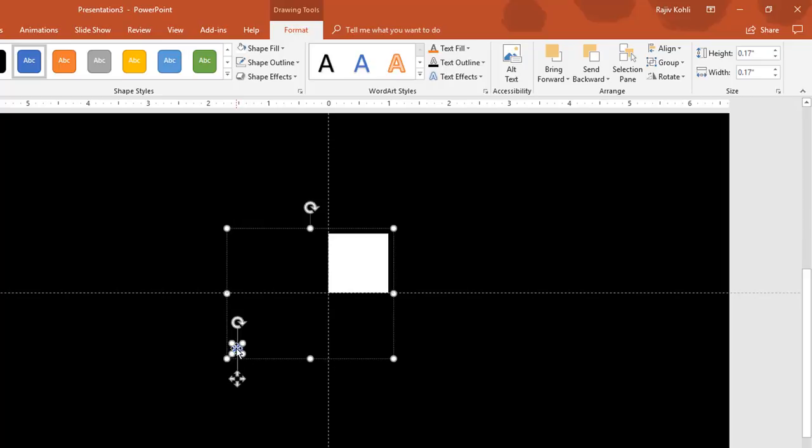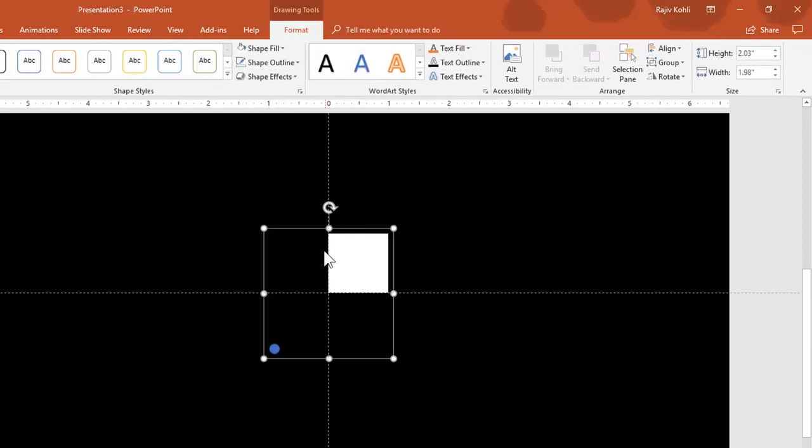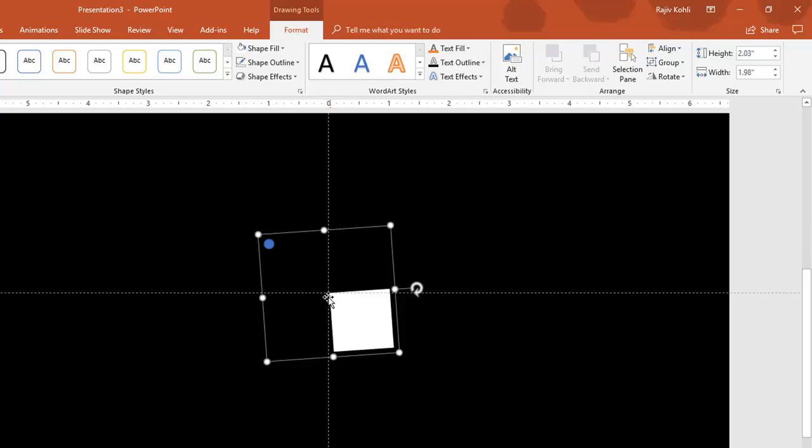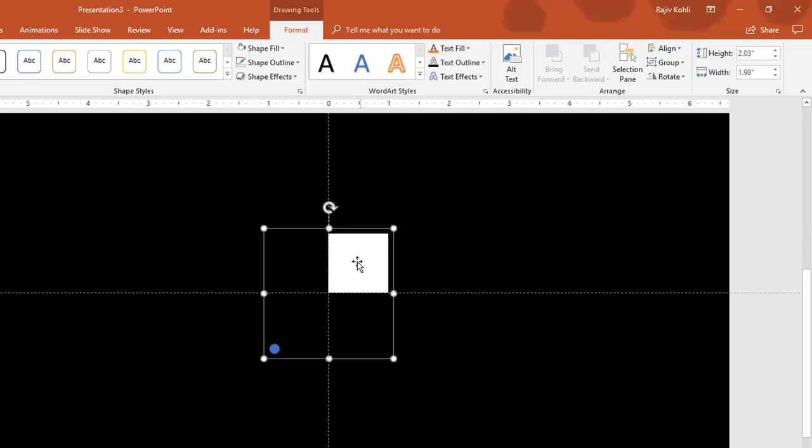So I move this oval a bit to the right. That's it. Now if you want to try, then you can just hold it right from here and then start moving, and as you can see that the new anchor point has been defined. So the rectangle is moving right from the corner instead of from the middle.